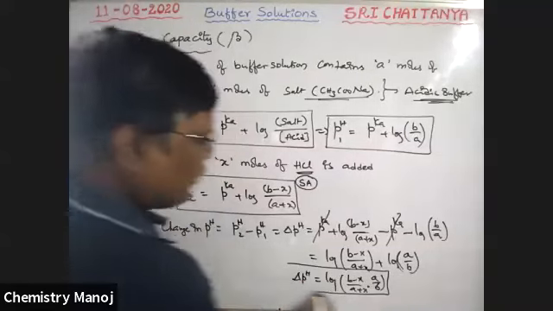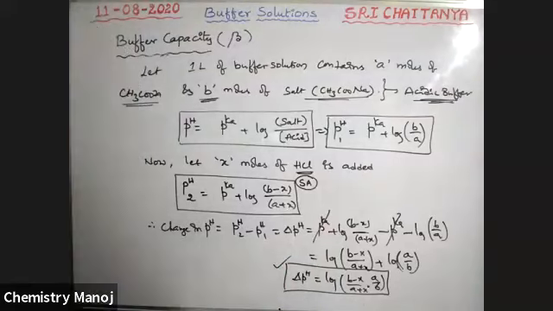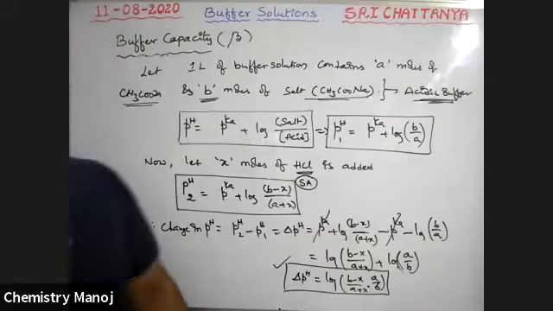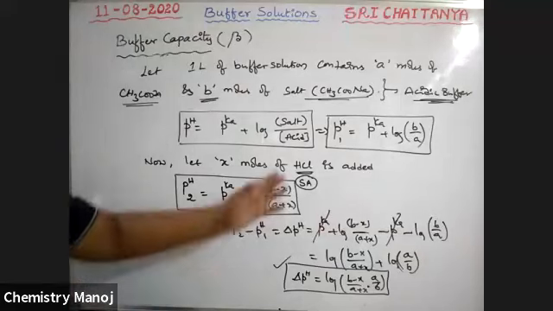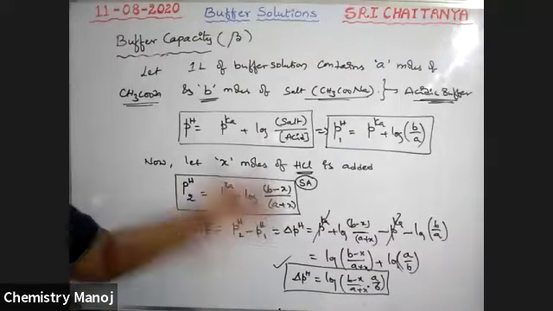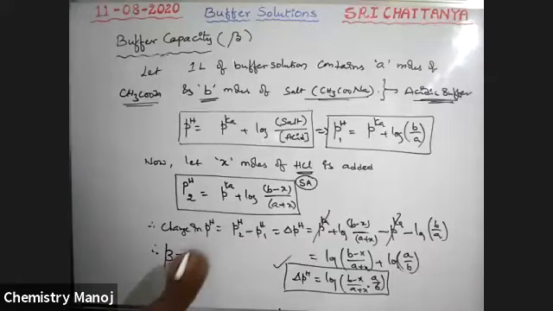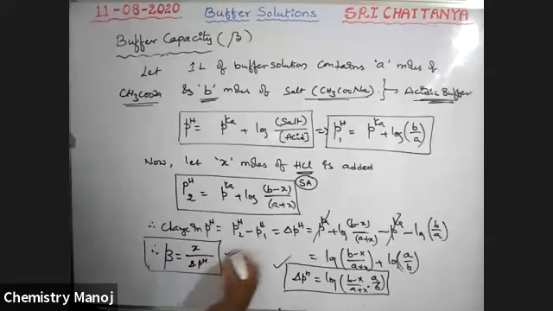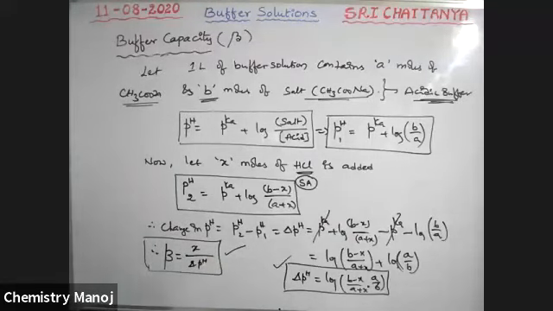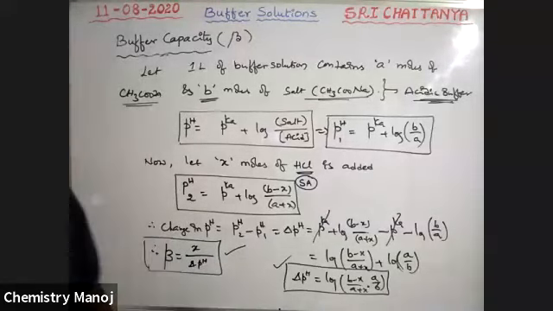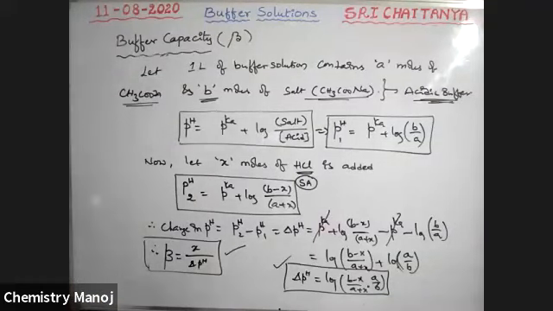So this is the most important formula, my dear boys, to find out change in pH. If you find out the change in pH, how many moles of that acid is added? That is X. X by this delta pH is equal to buffer capacity. Therefore, beta is equal to number of moles of acid added per 1 liter by delta pH, which is the buffer capacity. It is the way to calculate the buffer capacity of that buffer solution. Okay. So most important formula, my dear boys. So it is very, very important. Okay, next.